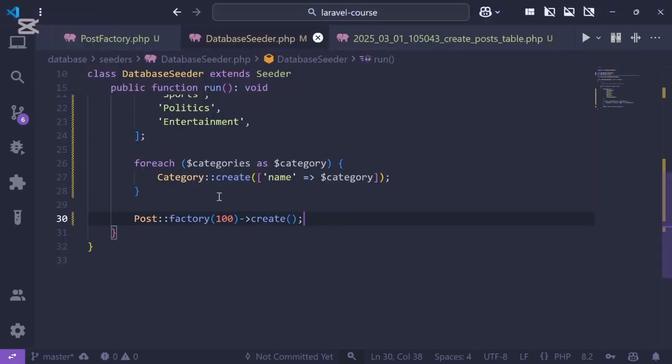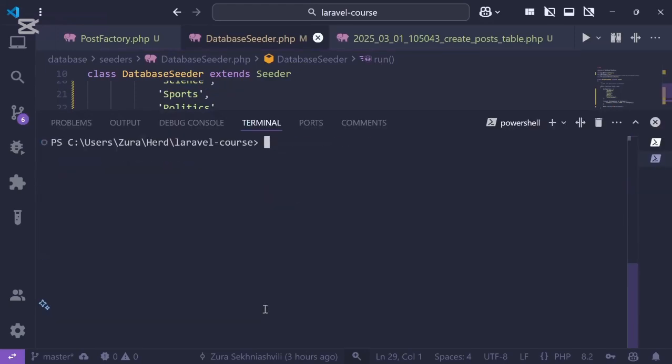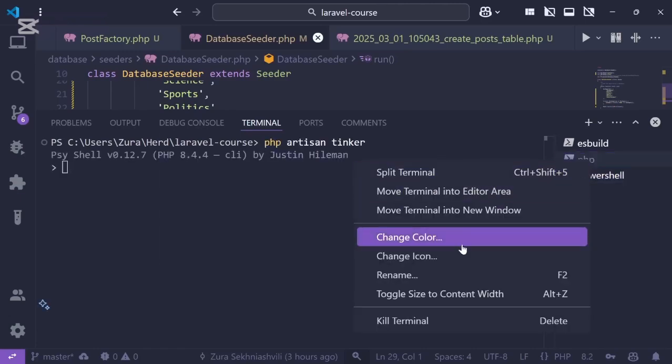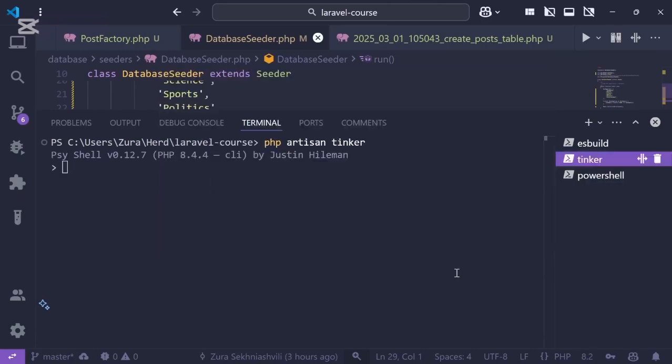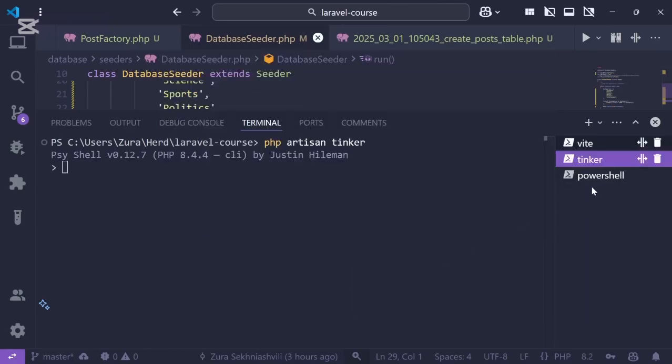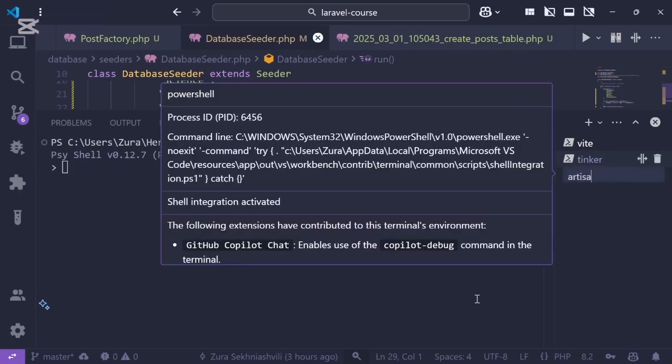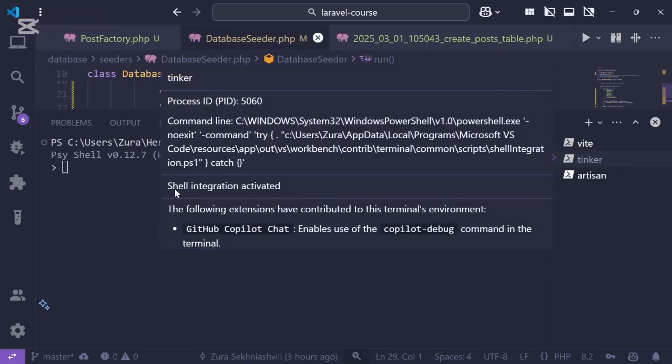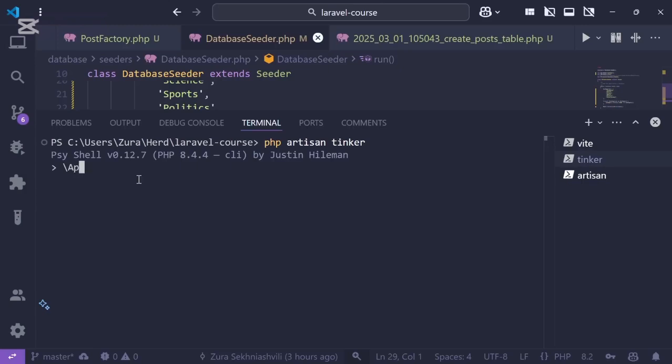That's pretty cool. Now the seeder has been completed, and we are going to have a look in the database. php artisan tinker. You know what? I'm going to leave tinker always open, and I'm going to open a new terminal whenever I need to work with artisan. We can even give names. Let's expand this. So this is tinker. I'm going to give it the name server, and this is for artisan. Okay, awesome. So we are in tinker, and let me execute